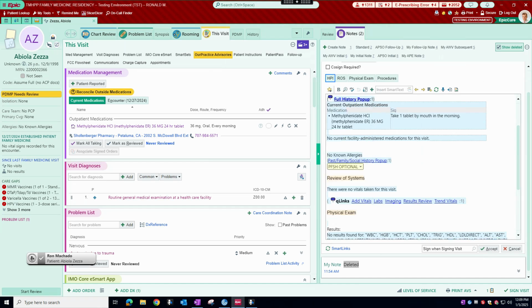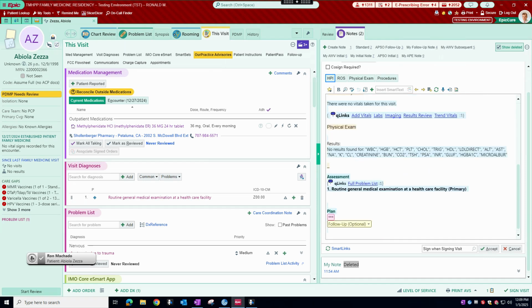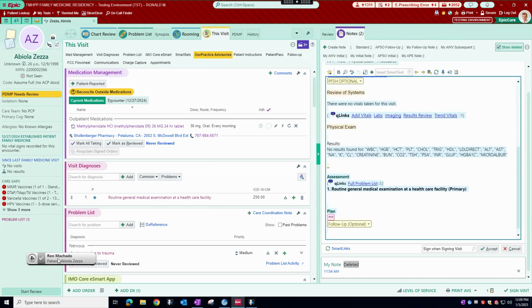All right, so another thing: whereas with Allscripts you had a table of contents, right? I could use that table of contents on the left side to get to my history, to get to my exam free text, to do my voice recognition. Well, with Epic Notes, you don't have that left side table of contents. You can scroll through the note and find blank spaces, and wherever there's a blank space, you can use your M-modal, or you can use